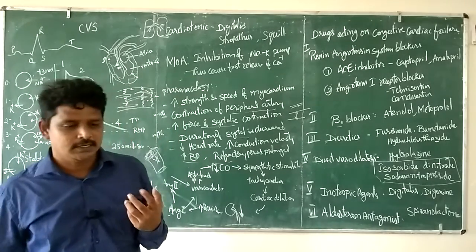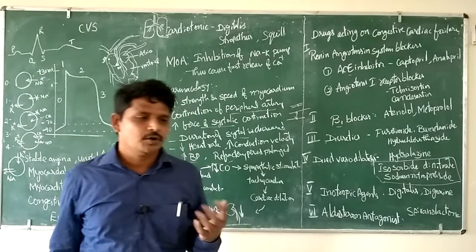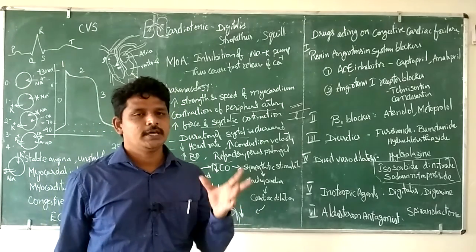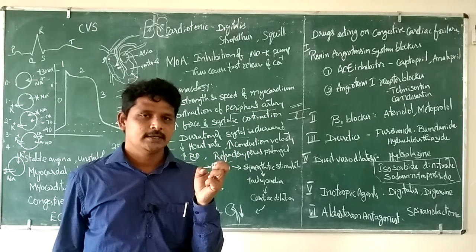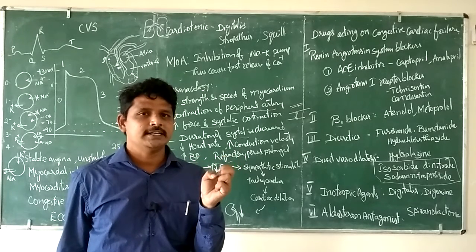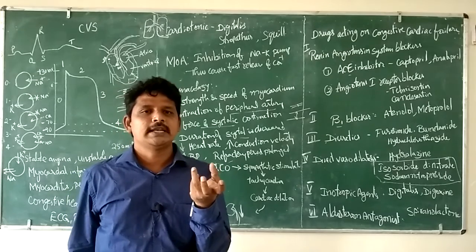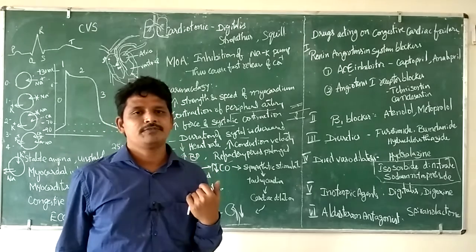So because of this pesticide poisoning, or maybe because of the variation, there is a bradycardia. So here the heart is going to contract slowly, and that too not to the full extent. Some of the blood is still going to remain in the ventricle. So that leads to improper circulation of the blood.